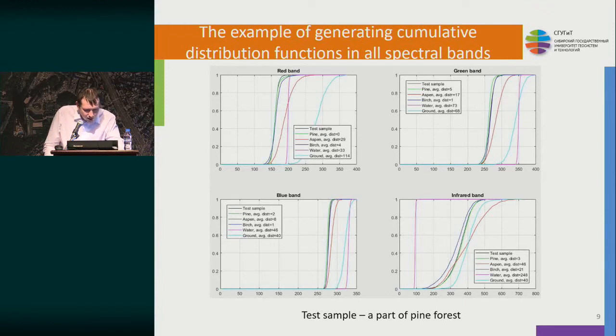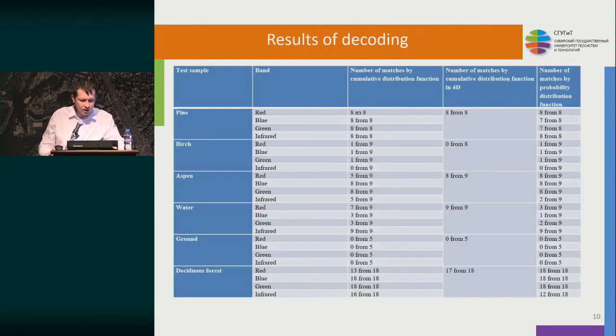0 to 1 range, and the distances are also shown on this slide, from test sample to each of the reference samples. In the red band, we can see that there is a match with 0 value, but not all the channels have been properly decoded. In some of the channels, decoding reliability was higher. Also, we had some false